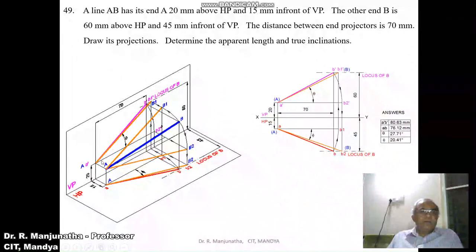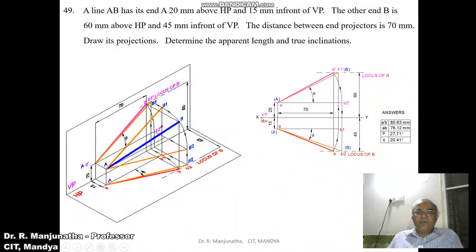The image which goes from A dash to B dash rotates such that B dash is also above HP by 20 mm. So that means A dash B2 dash is the line which is parallel to HP, and when it is projected onto the horizontal plane, you can see that B2 will be here. So you are going to get the true inclination with respect to the vertical plane. This is how you can analyze in 3 dimensions.